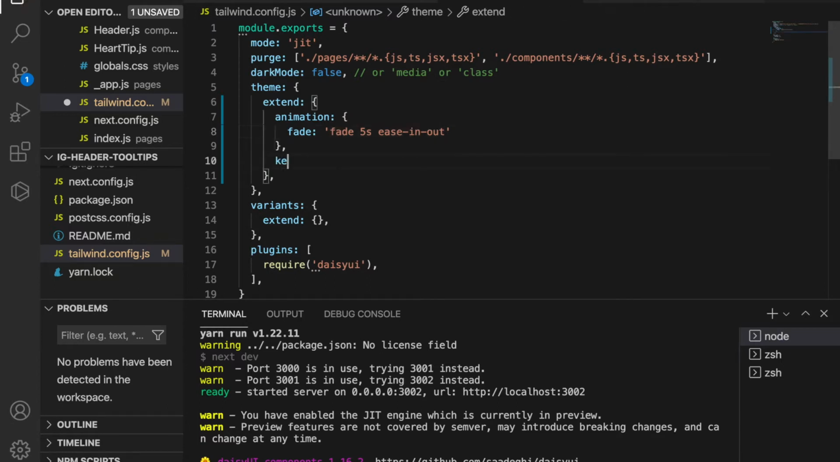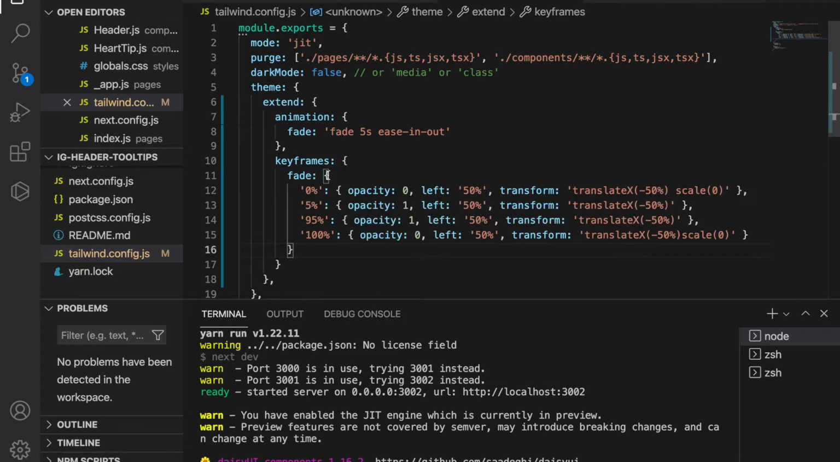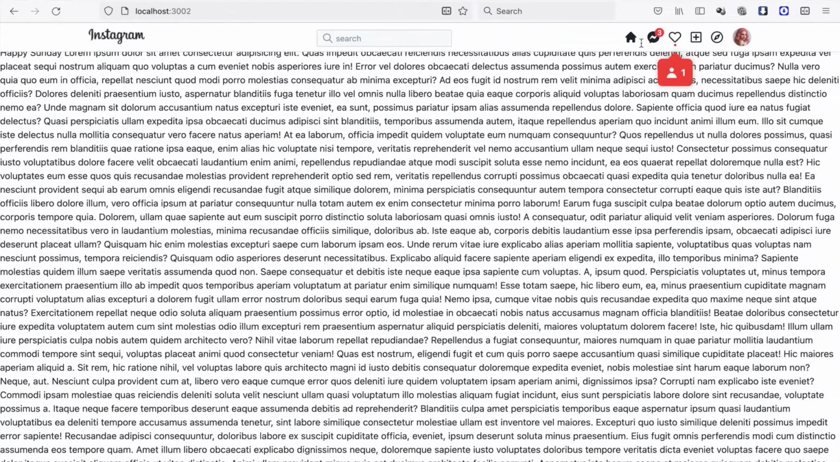And the next part, we are going to create these fade keyframes. So we add keyframes, and then we use this set of keyframe for the beginning. It has 0 opacity, so we cannot see it. And then all of this we use the left 50% and transform, translate negative 50%. And if you follow us from the start, you already know that this is just for positioning the center of